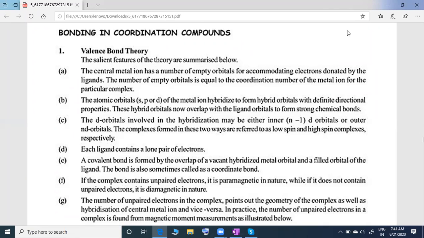Metal and ligand form a bond. That bond is a coordinate covalent bond, because the ligand donates electrons. So you can see here Ni(CO)4 forming. We know that one. So what is the bond between ligand as well as metal? What type of bond? That's explained here. Coordinate covalent bond. So the metal is going to accommodate, with empty orbitals, the ligands.